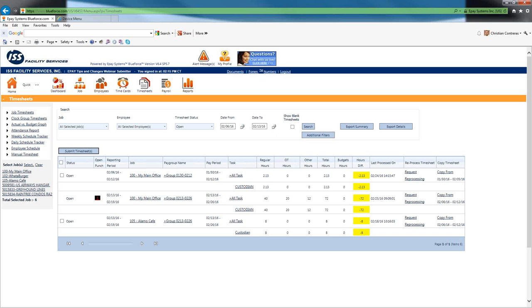Now, the key thing I also want to focus on here on the screen is the request reprocessing. What that allows you to do, on the far right-hand side, is go in and tell the system to go out there and make sure that everything is reprocessed with the most current payrolls. If you know that Tiandra and I have helped you with some payrolls, part of our process here is that when one of us helps you with something, we're going to tell you to reprocess the timesheet. Or if you just on a whim want to make sure everything's done,